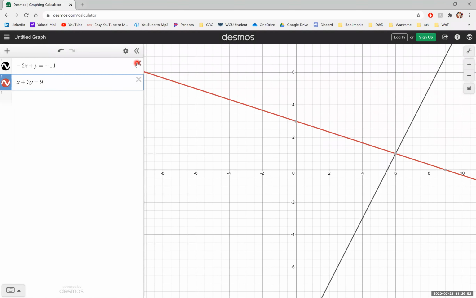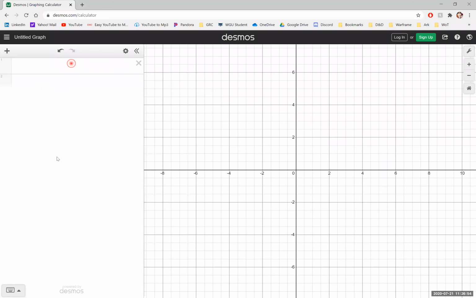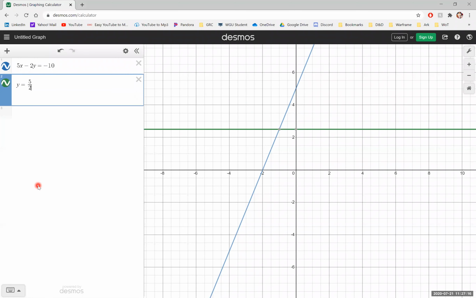Looking at example 3, we'll type those ones in. So our first equation for example 3 was 5x minus 2y is equal to negative 10. So our first equation there. Typing in our second equation, we're given y equals 5 over 2. Hitting the right arrow key if you're following along or trying to do this as well. Hit the right arrow key, puts us out front because we want 5 over 2x.